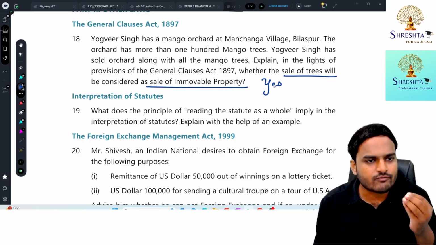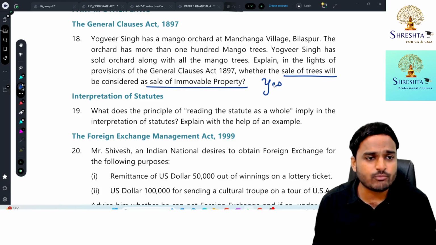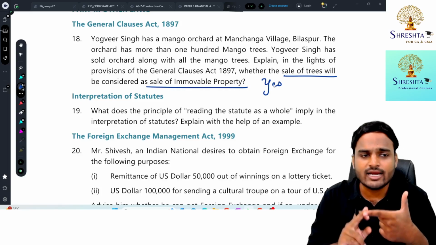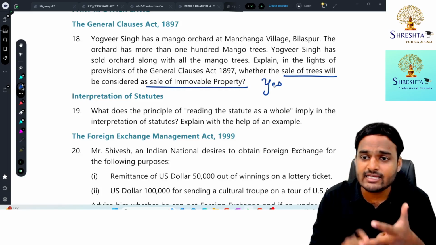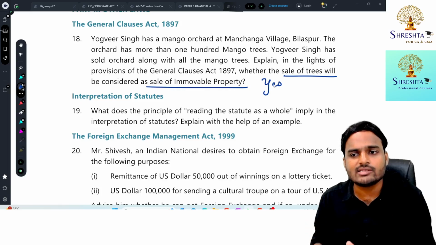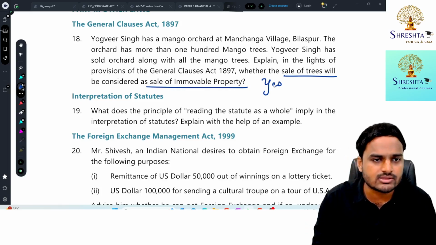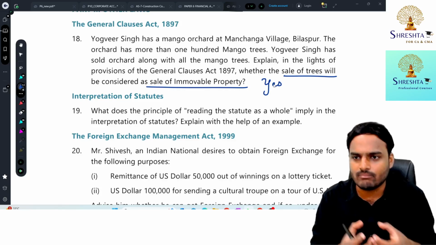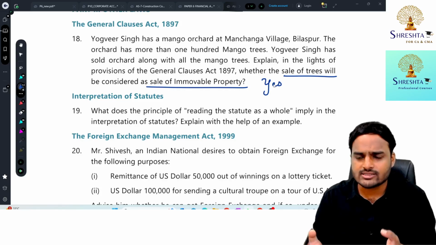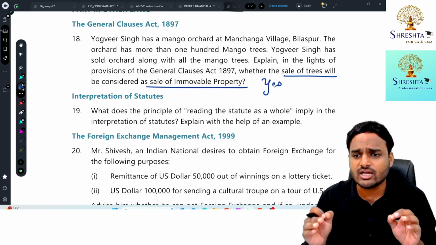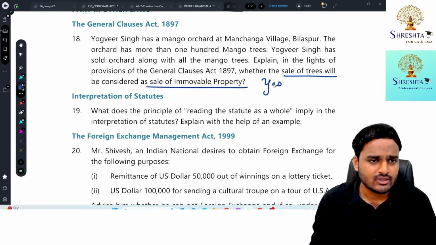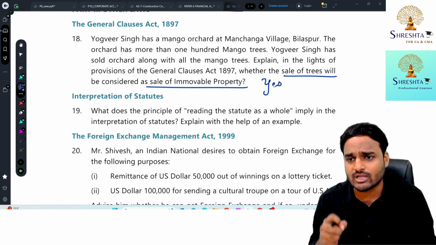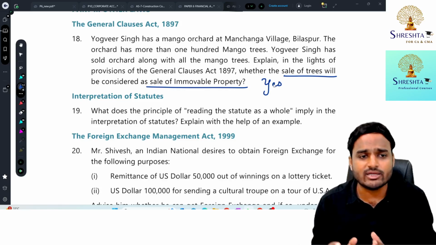Look at the definition of immovable property. Land is immovable property. Things attached to the land are immovable property. Benefits arising from land are also treated as immovable property. Accordingly, trees and fruits, until you separate them from land, and next crops, everything comes under immovable property only. Now, if you take timber, it is already separated from the land. It is already taken away from the land. Now, it is a movable property. It is not an immovable property.